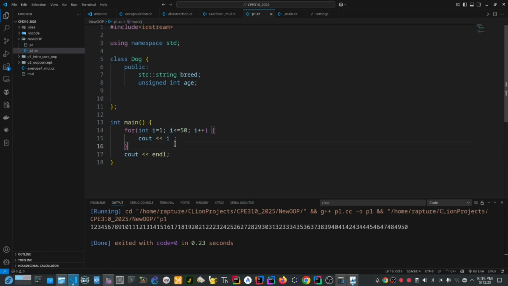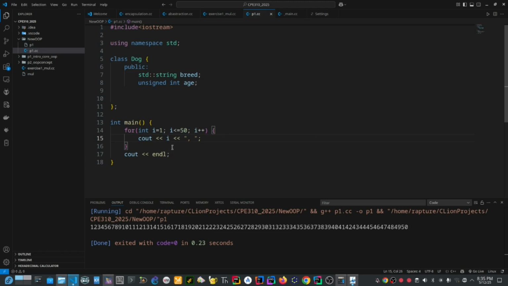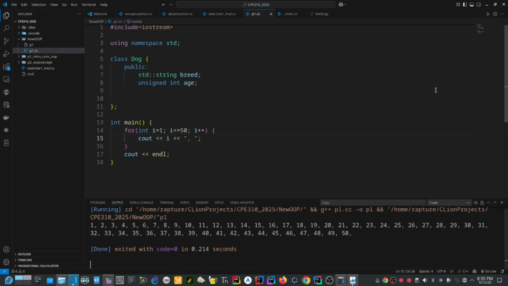But how do we separate it? Let's separate it with a comma, so that we'll be able to see the values separated. Then you can also make use of tab, \t represents tabs. Then you can easily run it again. And see, we have the code this way. Now, this is our code, well separated, but with a comma here.